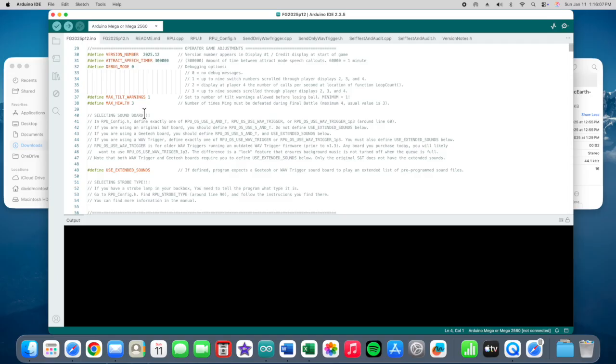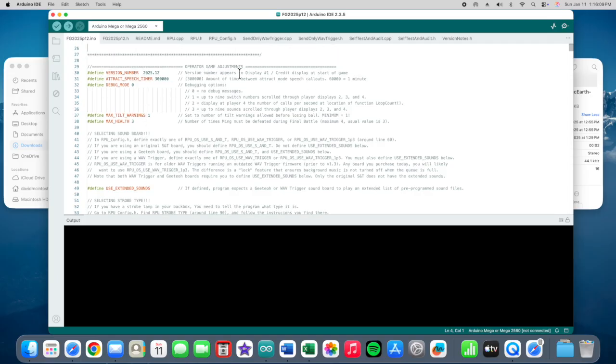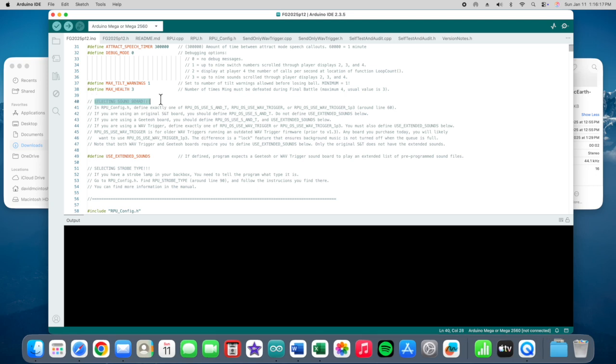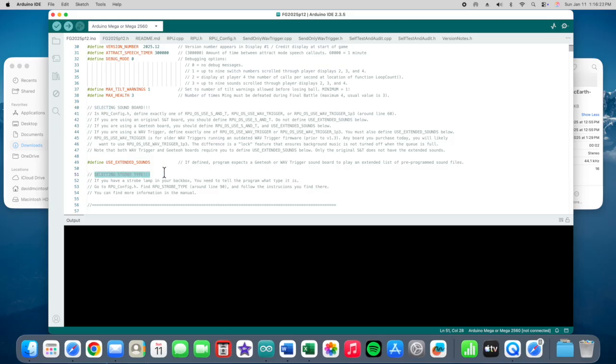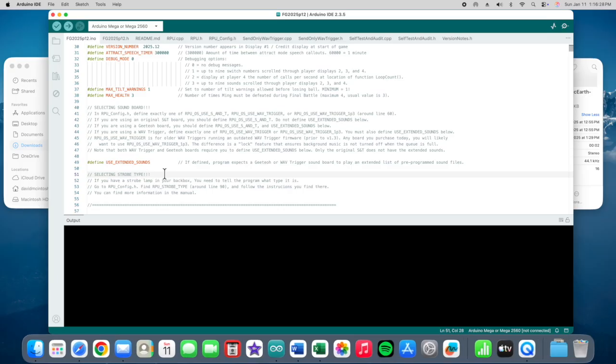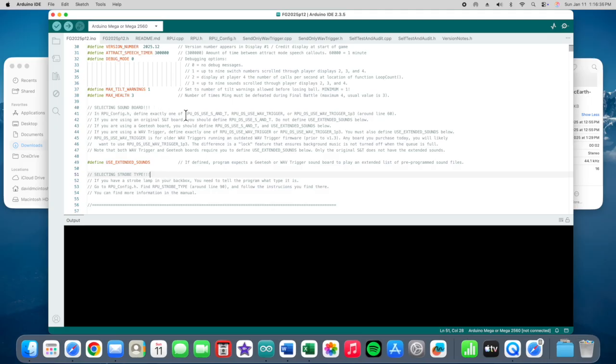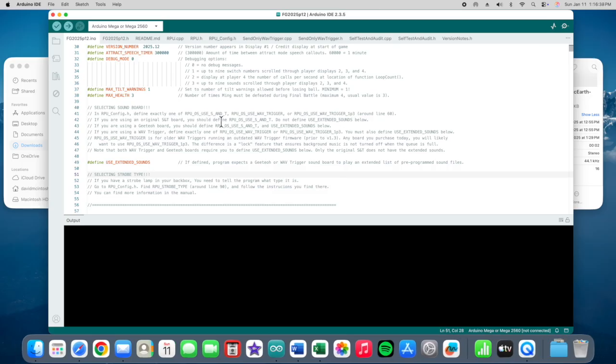you find a section called Operator Game Adjustments. In here you'll find instructions for setting up your sound card and for setting up your strobe lamp. Now let's assume you have a GTO board and an original Xenon strobe lamp. This says in RPU config.h, define exactly one of RPU OS use S&T, RPU OS use wave trigger 1P3, and